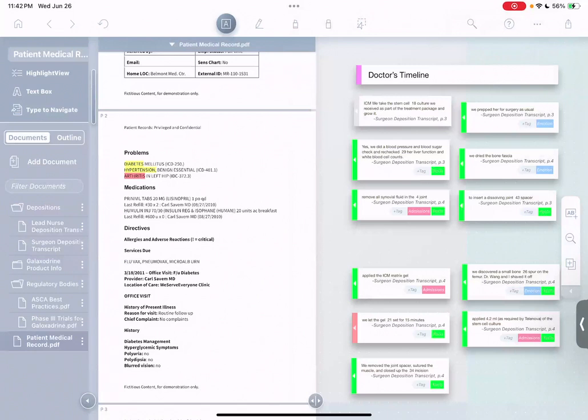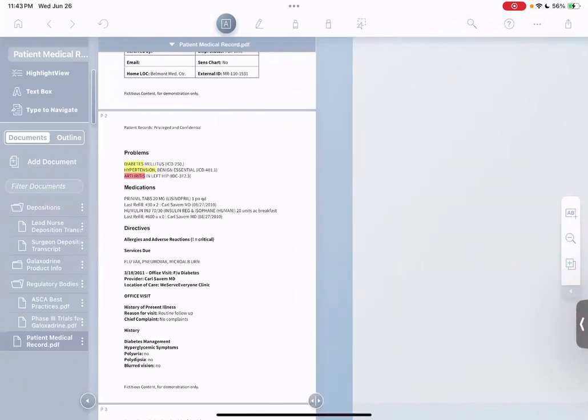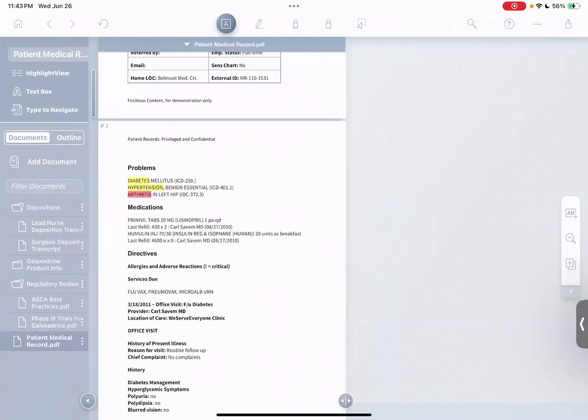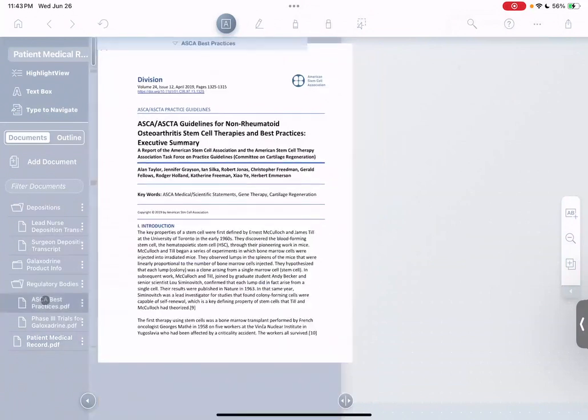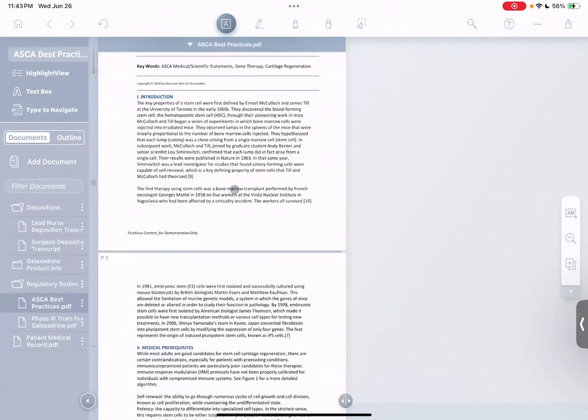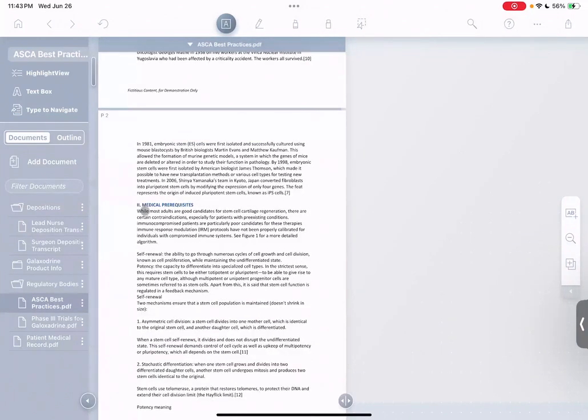Finally, let's talk a little bit about these last two features, the AI tools and the definition lookup. The AI tools is something that's only in beta right now, and it's currently only available on our iPad app. But we are really excited about it. So let's go back to this best practices document that we started with. You'll remember I read it for a while, and I had to spend some time finding who's a good candidate for this medical procedure. Well, wouldn't it be nice if I could just ask the AI? I can just click the text box button here